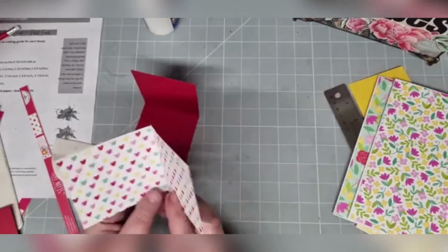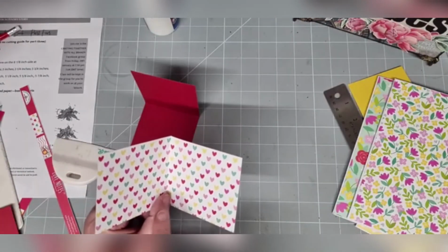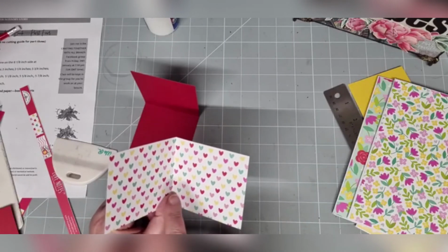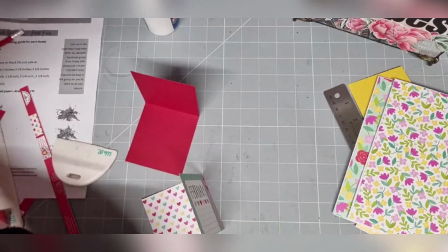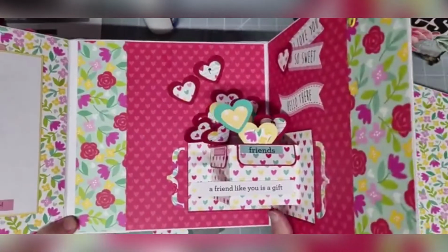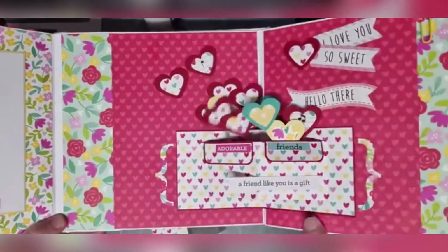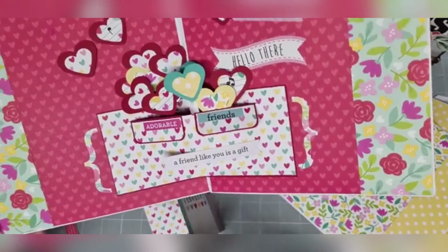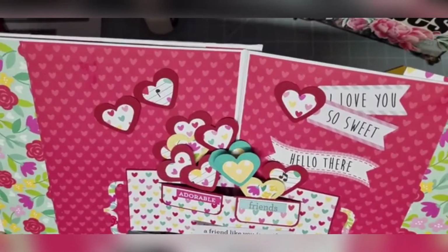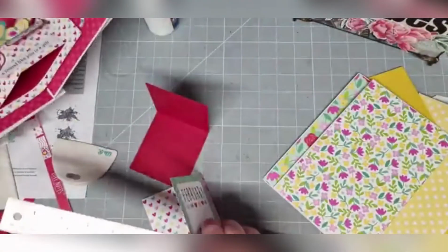Okay. But what I need to do now is cut my present out. So let me show you. This present bit here, the bit that flips up, we need to cut that out. So, as I recall, that's 1/2 inch. And that's 1 inch in. Right, so